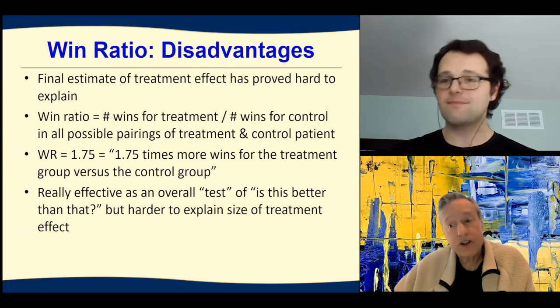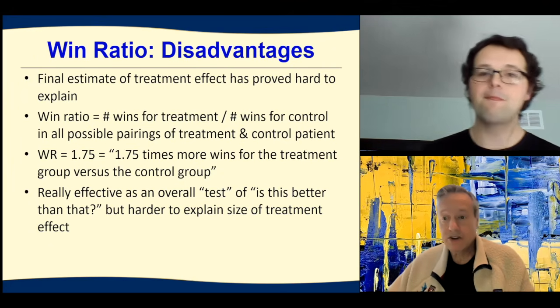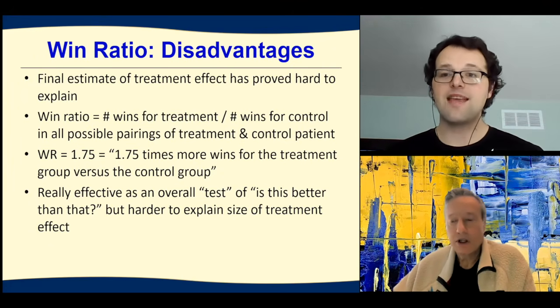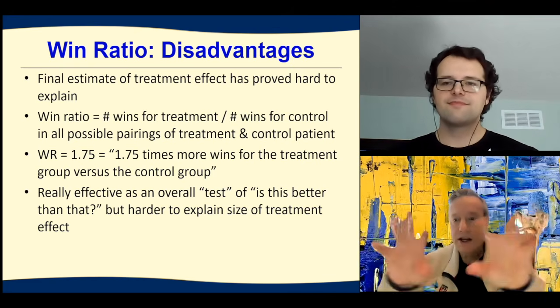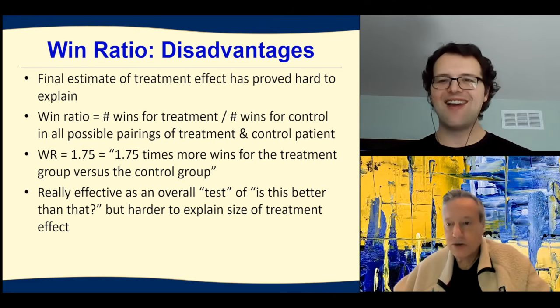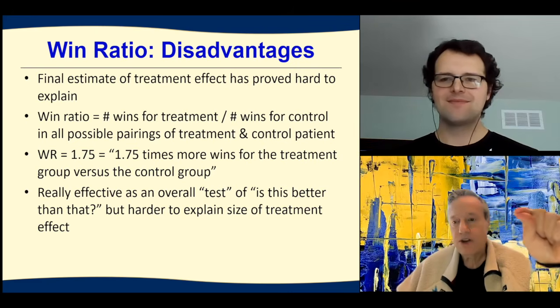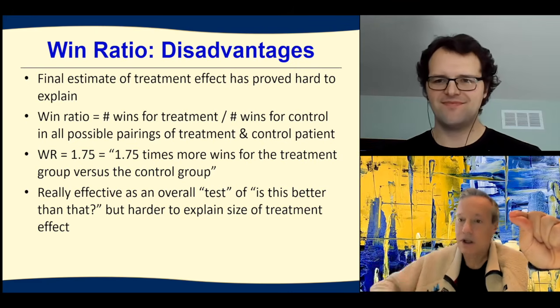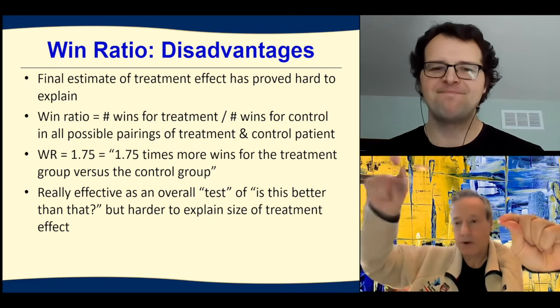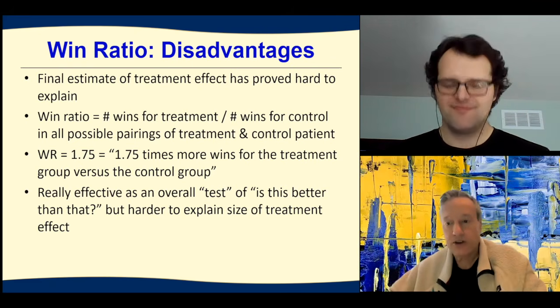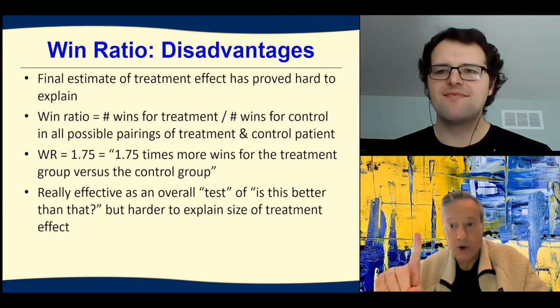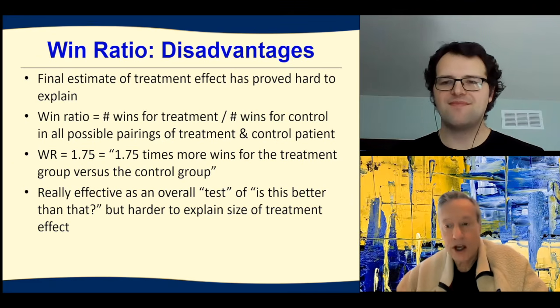And so let's talk about the number of comparisons here. I mean, just a small study, like 300 people in this arm, 300 people in that arm. You're doing 90,000 competitions. Yeah, 300. Right. This one guy, patient number 1, is competing against all 300 of those people. Mm-hmm. Patient number 2 competing against all 300. So you're talking about 90,000 competitions for that one endpoint. So this is giving you a lot of